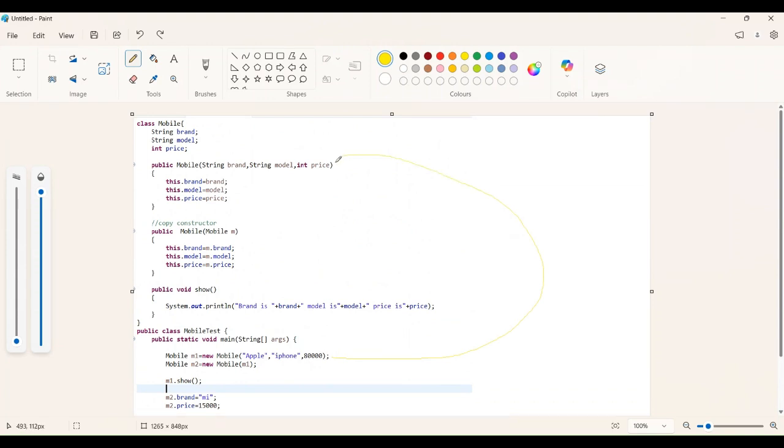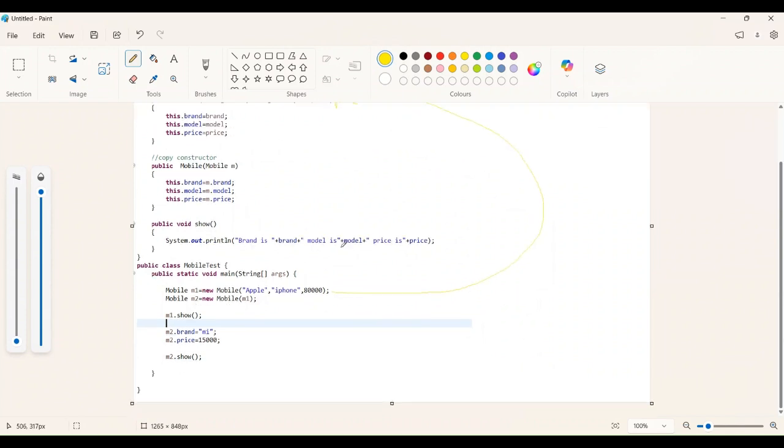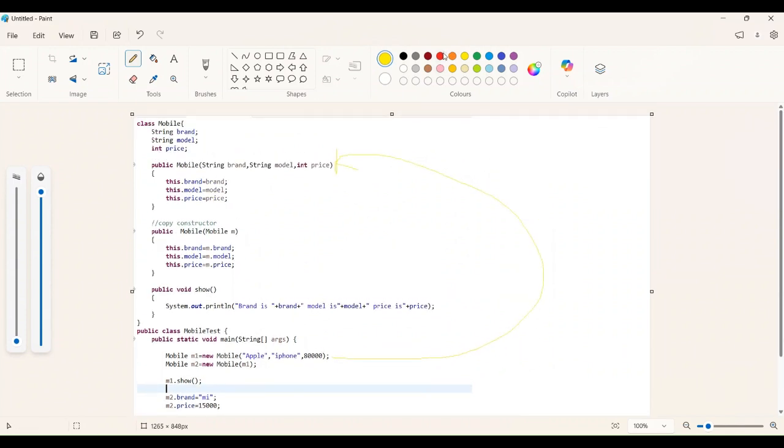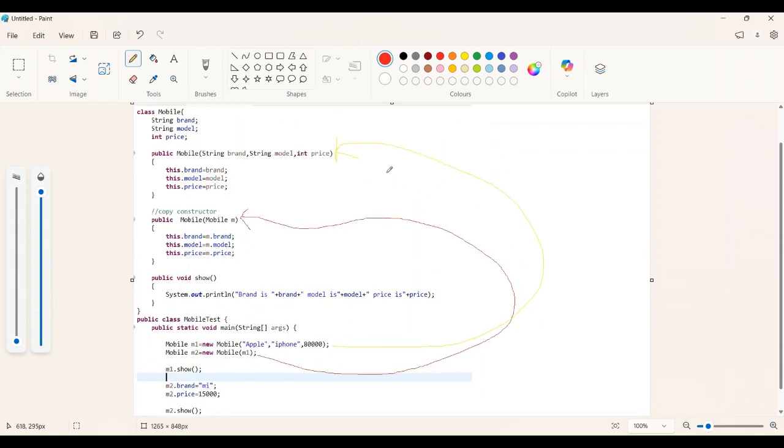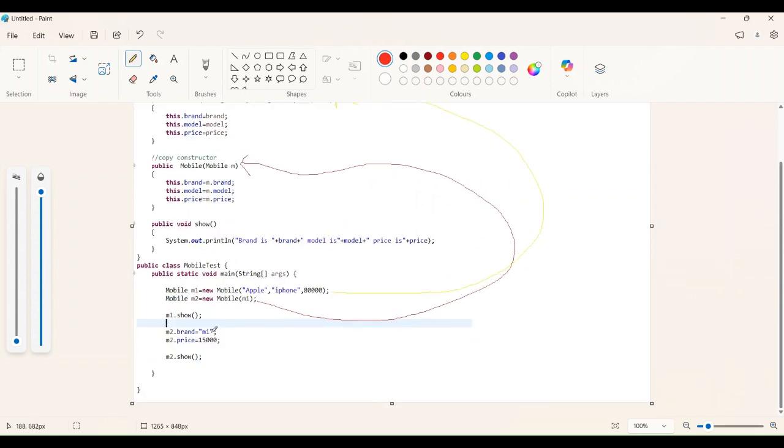This statement will call the normal constructor, and this statement will call this copy constructor. After that we are changing the instance variable values: m2.brand equals Mi, m2.price equals